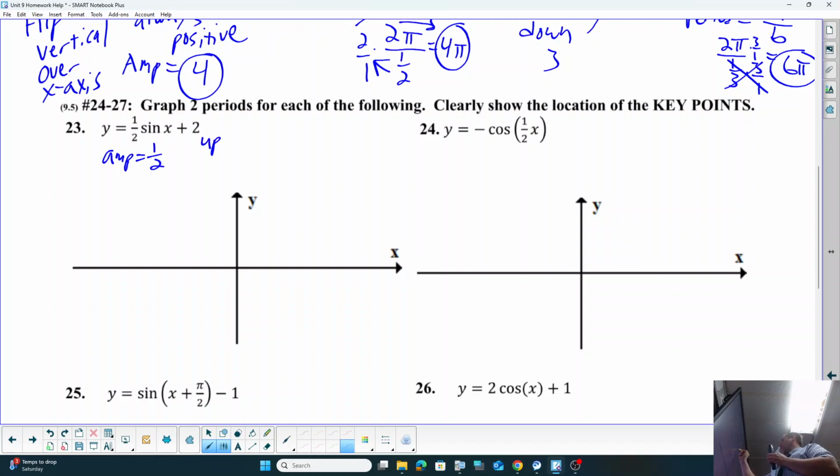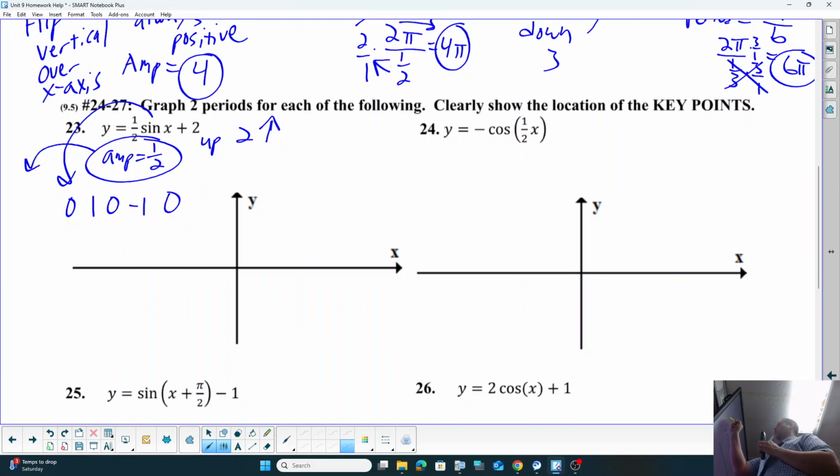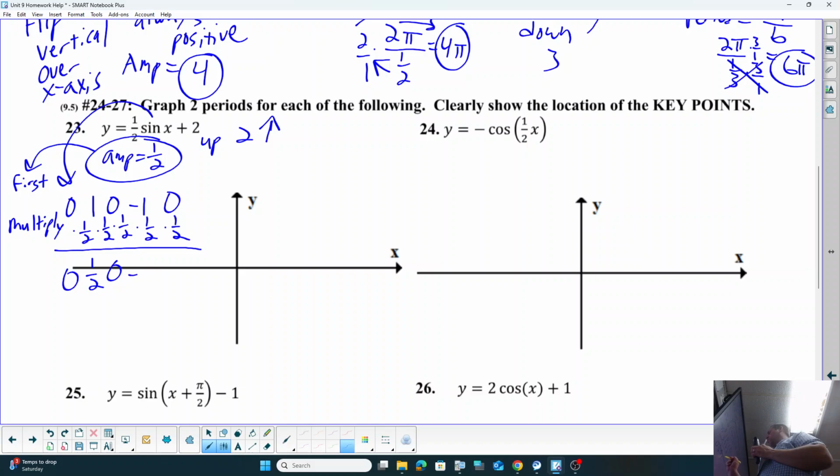And then we're going to shift the whole thing up 2. First, the 5 numbers of sine are 0, 1, 0, negative 1, 0. We're going to apply the amplitude first, so we multiply it through. Times a half, times a half, times a half, times a half, times a half. So that becomes 0, 1/2, 0, negative a half,